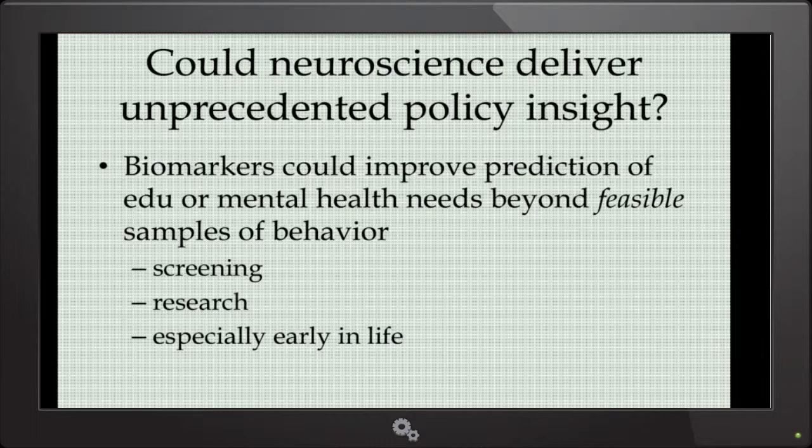Now, again, this is off in the future, and it's also not that exciting. A biomarker is just an index of something, and yet indexes, particularly ones that predict what's needed for education or mental health care, could have huge practical use.